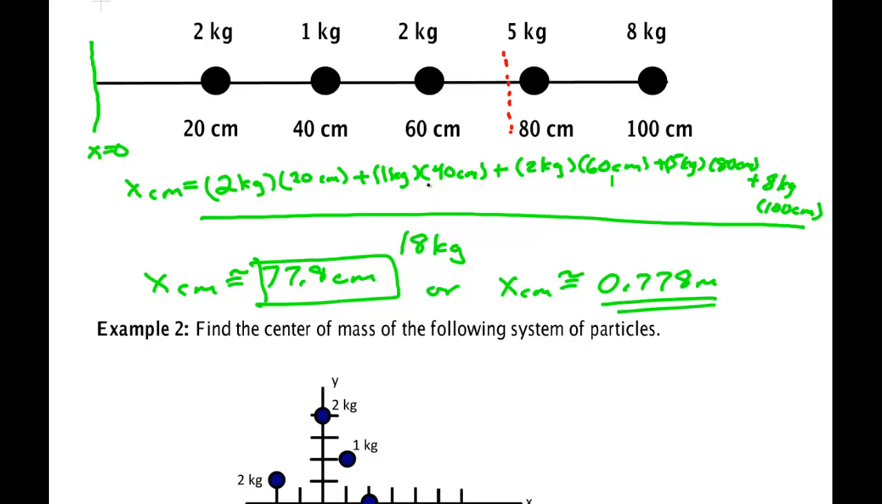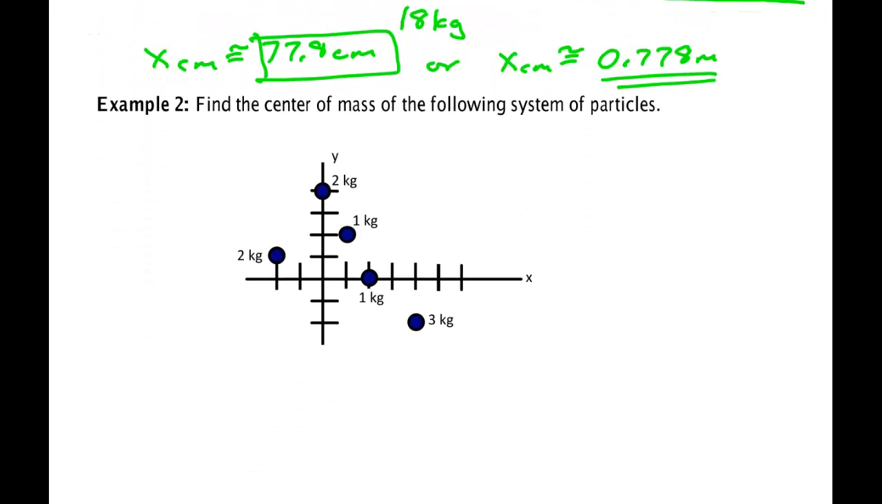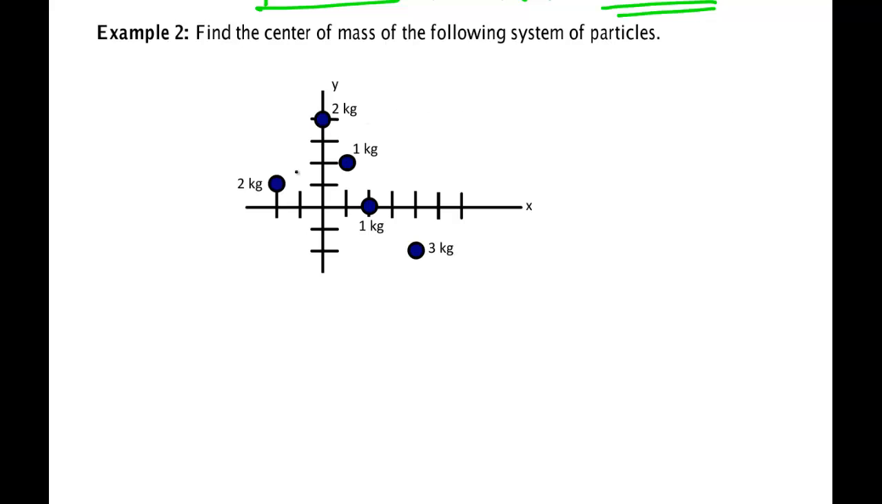So another way to look at the center of mass, it's the location for balancing this object, like on a playground. Let's do another example, this one being a two-dimensional example. So this time they're not aligned on a line, they're lying in an XY plane, and so we'll have to compute both the X value of the center of mass and the Y. To do the X,